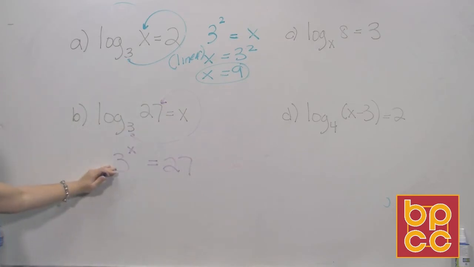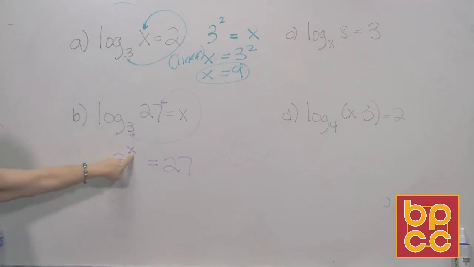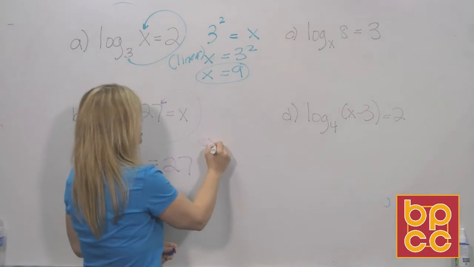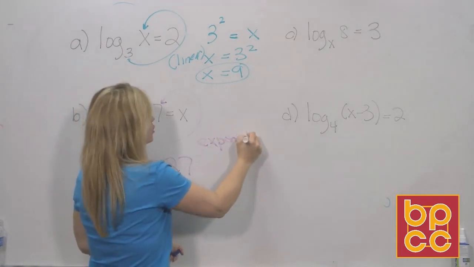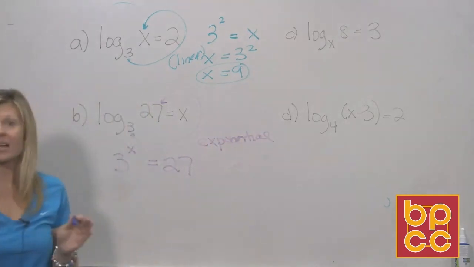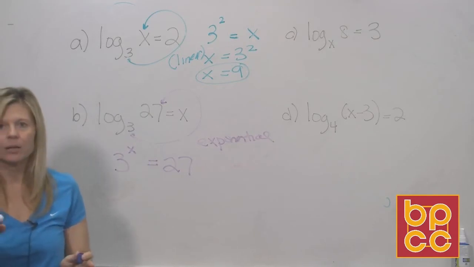What kind of equation is that? Is that linear? No way. The x is in the exponent spot. This is what we learned in Module 11. This is an exponential equation. So now I want you to notice when you take a log equation and swing it, you're not always going